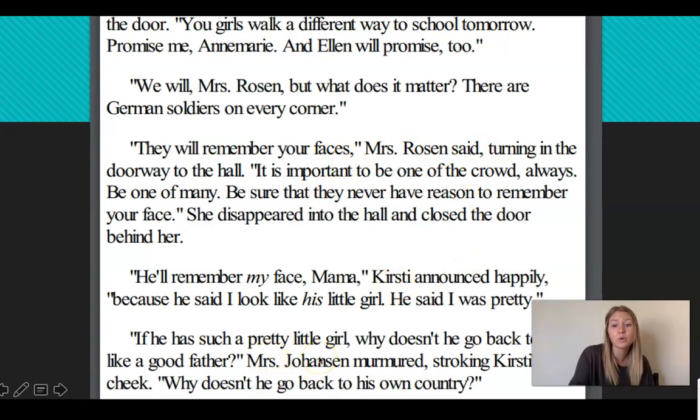That's her role. Her role is to be taking care of her daughters. And so the way that she sees this is as more of a threat, whereas Kirsty thought that it was a positive thing. Age also plays a little bit of a factor here, because the moms, right, when you're an adult, you understand a lot more about what's happening in the world around you. And Kirsty is a young girl, and so she doesn't understand how serious the things that are happening around her